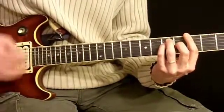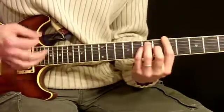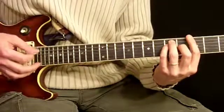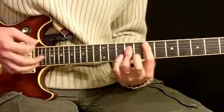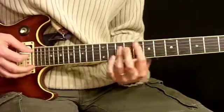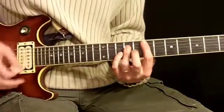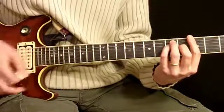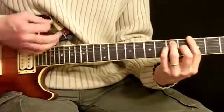Move it up to 5th, just twice, back down to here, twice, and back to the 7th fret. So again, we have this starting on 7th fret, 8 times, 3rd, 8 times, 5th, 3rd,